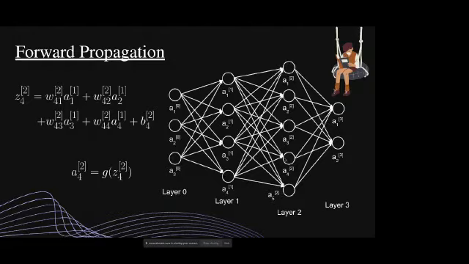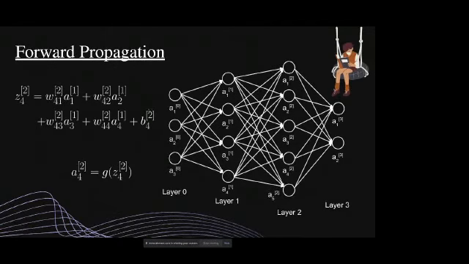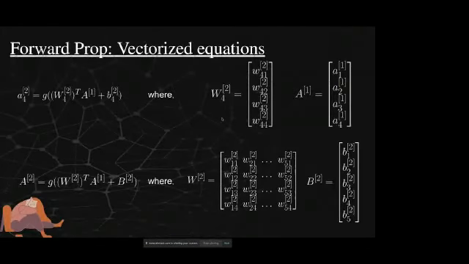You apply that activation, and then you propagate this neuron forward and can do the same process over here in layer 3. So this was all about forward propagation. Now let's come to vectorized equations. Now here it's a very raw form of writing the whole process. So in vectorized equation format, we're just denoting the whole process in the form of vector notation.